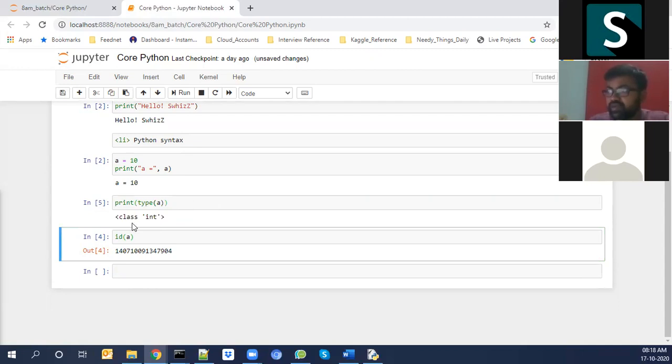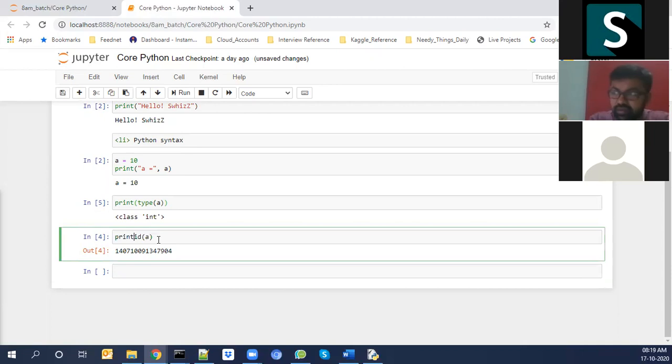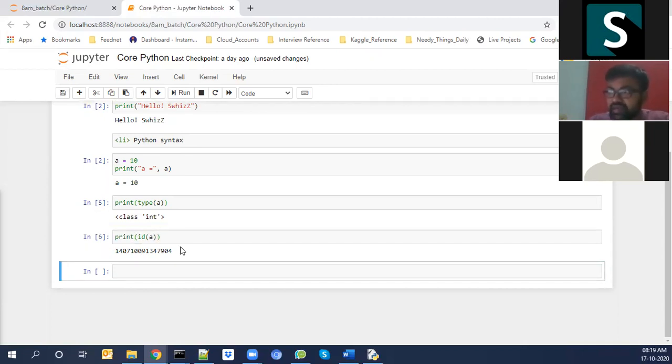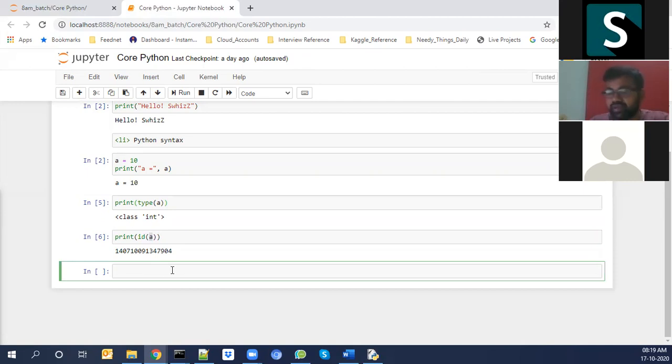The type gives the class integer. The id gives the memory address, where my object is created and where my value got stored.